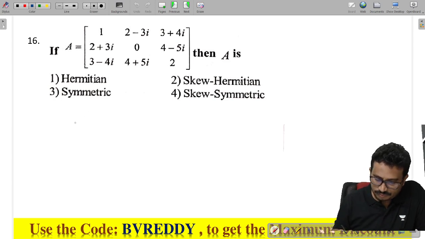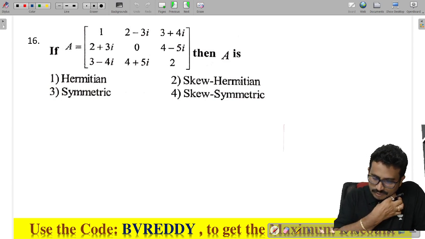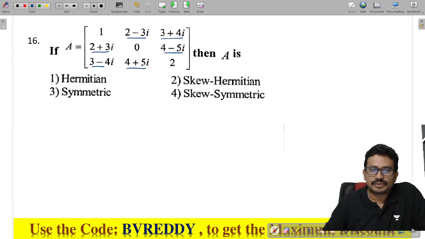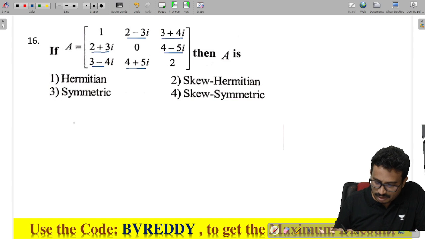If you see carefully, this matrix will contain complex entries also. If you observe carefully, these two are conjugate to each other, and these two are conjugate to each other. Diagonal elements are real values. Fine. Now I am taking this matrix. If I take the conjugate of this matrix,